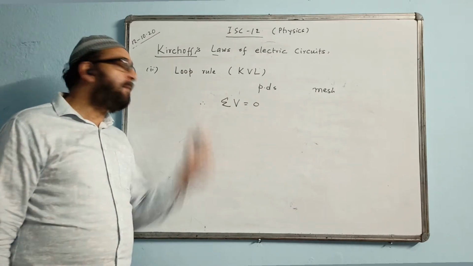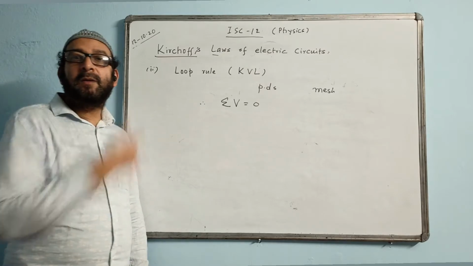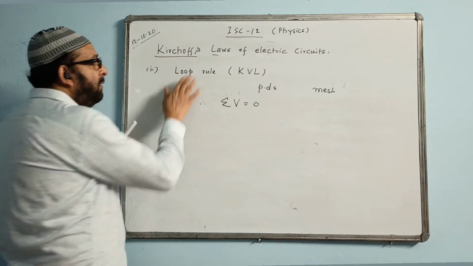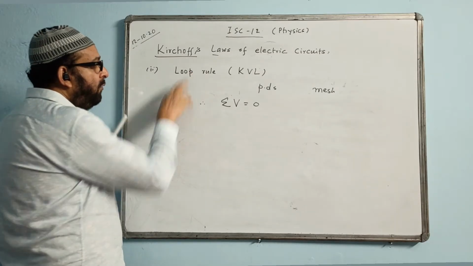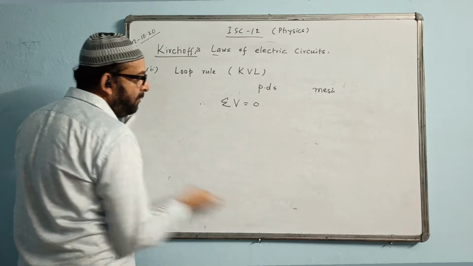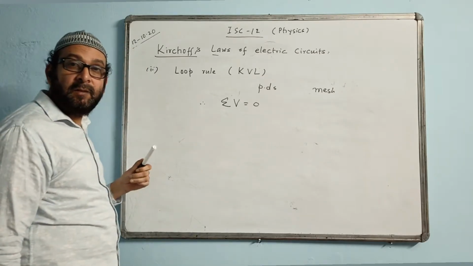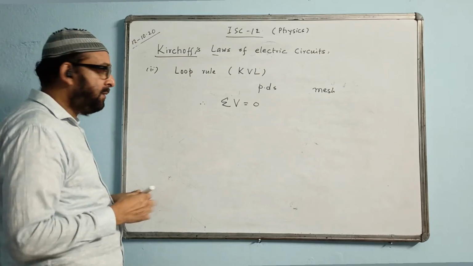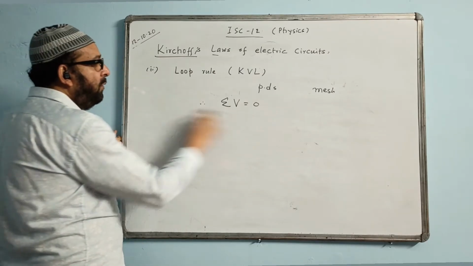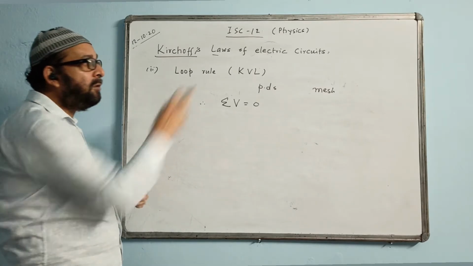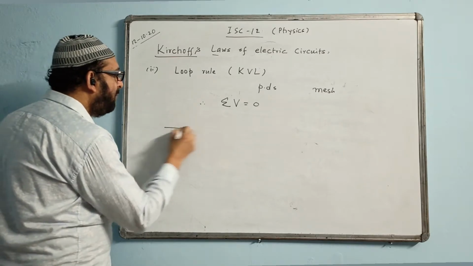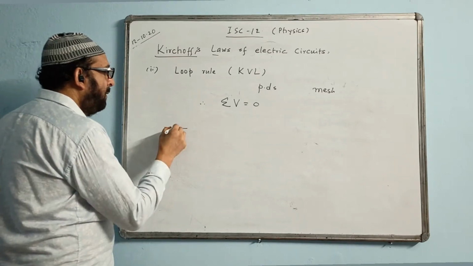Okay, now you see how we apply this. Actually, we have been using it, but you may not know how we use it. I will just show you how we apply the loop rule in a circuit. For the loop rule, the circuit's path must be closed. We apply this only for a closed path of a circuit, not for an open circuit. The path must be in the form of a closed loop. We call it either a loop or a mesh, M-E-S-H. I'll show you a figure of it, and from there you can understand.